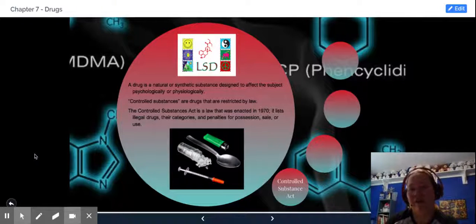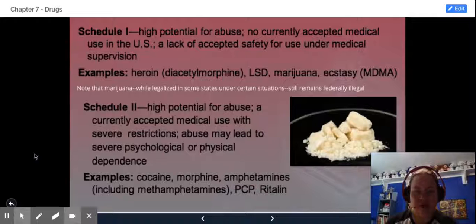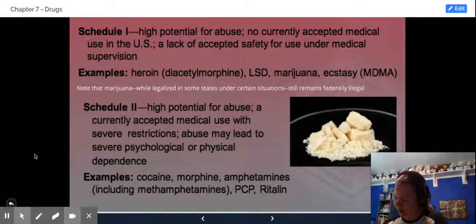Controlled substance. If you hear the term controlled substance, you know that these drugs are restricted by law. The Controlled Substances Act was enacted in 1970, and it talks about illegal drugs, their categories, penalties for possession, sale, and use. And it divides everything into schedules. So in looking at the schedules,